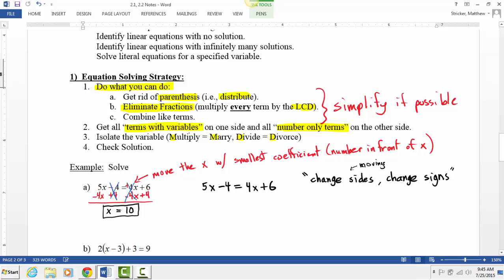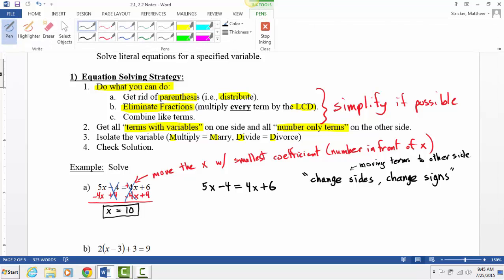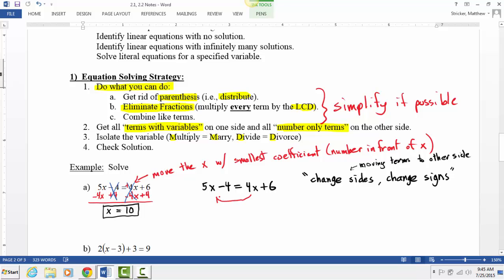And when I mean change sides, this means moving terms to the other side. So, in this equation there's 4 terms: 5x, negative 4, 4x, 6. Those are all terms. If I want to move terms to the other side, if I want to change sides, I have to change the sign. In other words, if I want all the x's on this side, I want to move this positive 4x over to this side. It becomes a negative 4x. If I want to move this negative 4 to the other side, it becomes a